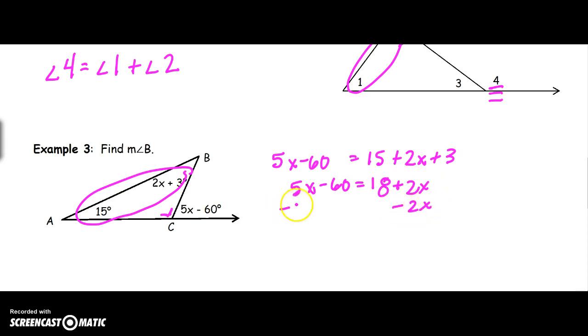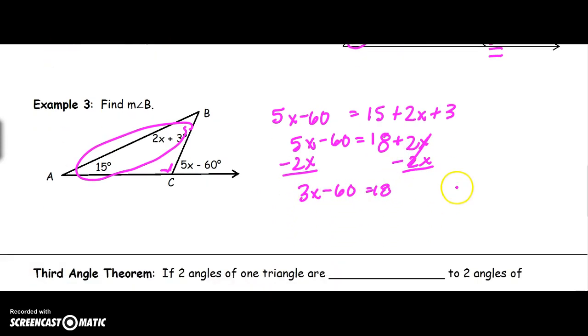If we move our 2x to the other side, you have 3x minus 60 equals 18. And then if you add 60, you have 3x is equal to 78. When you divide 78 by 3,